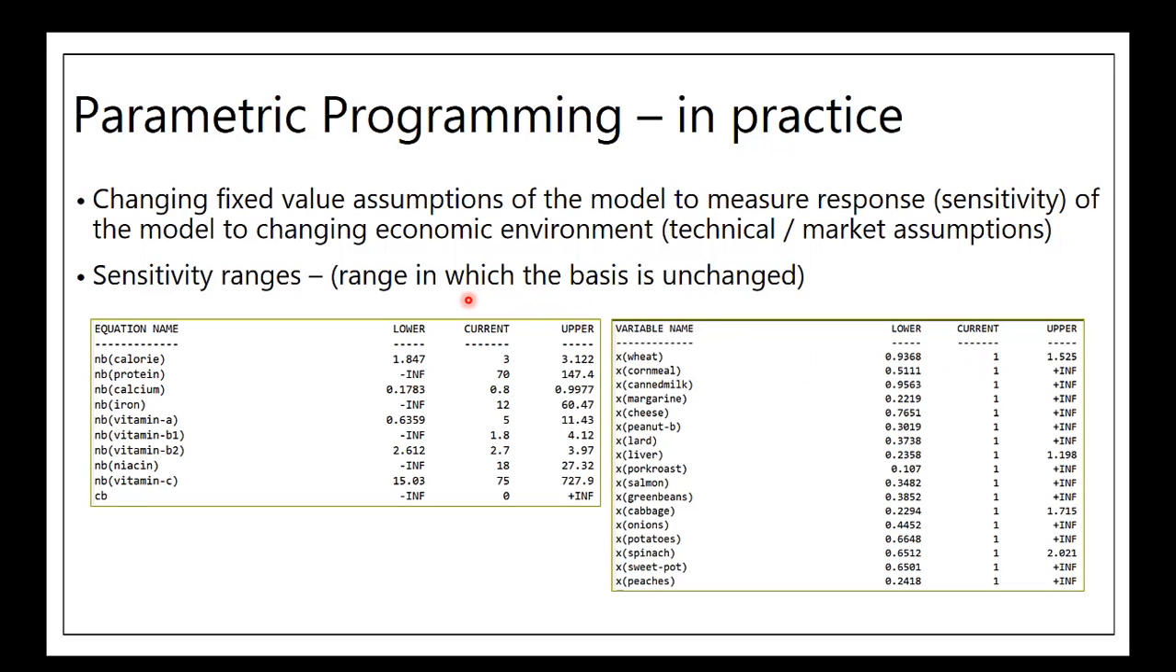Or if you want to think about it and you read a more math-based textbook, it would give you the range in which the basis is unchanged. The basis is considered to be the set of x's and the set of dual variables that solve this model. Okay, so if that's our sensitivity, then we know that if we want to do parametric programming around the calorie